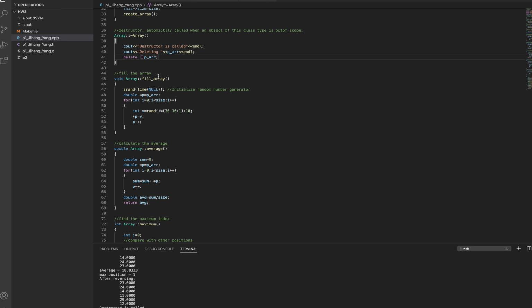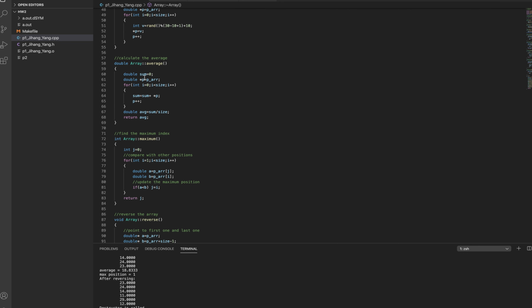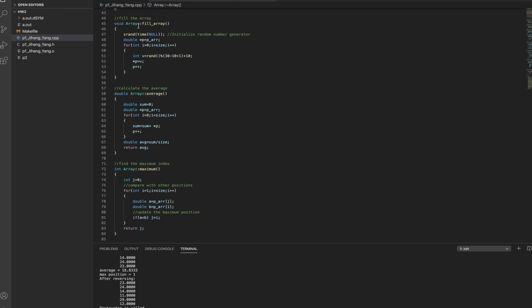Next one is the fill array, and initialize the random number generator like this function, and use the for loop. Yes, and the next one, calculate the array. This part comes from project one because we already made it last week. So it's exactly the same thing. The thing that's different, just see every